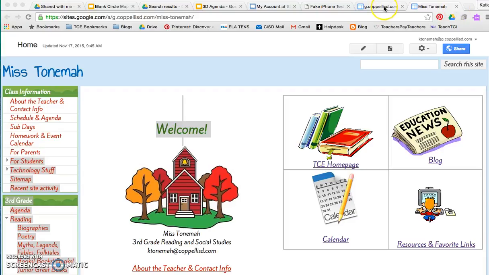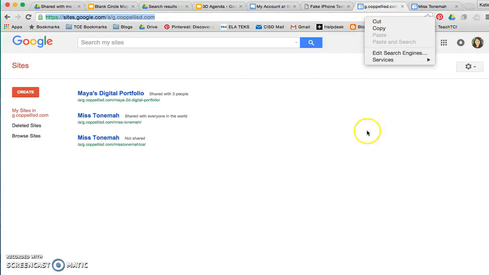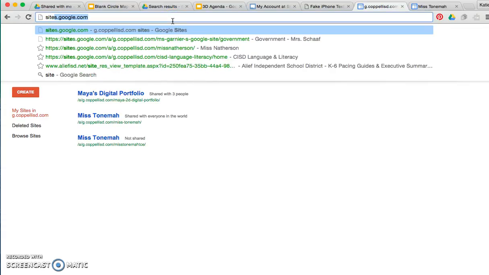Hi guys, today we're going to go over ways that you can help your classmates upload their things from their choice board or anything else from their drive onto Google Sites. The first thing that everyone needs to do is get into their sites. There's ways to do this. You can go into the website